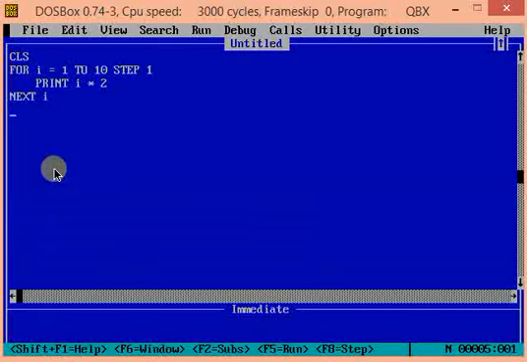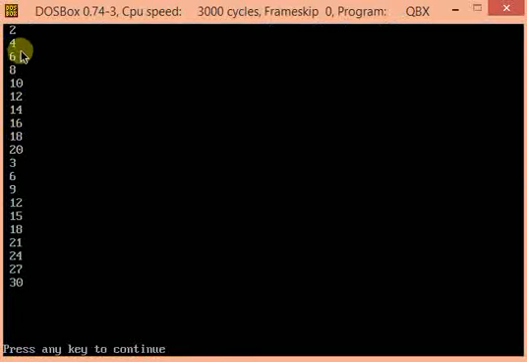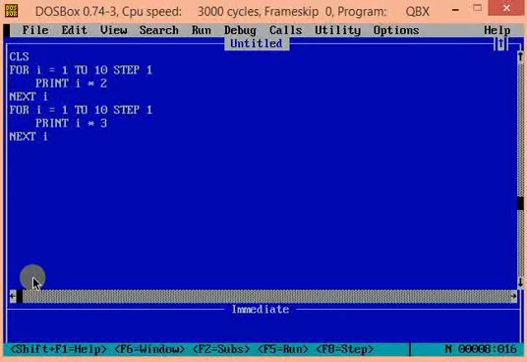Let's say we want to print the multiples of 3. I will just copy these 3 lines and paste them and replace 2 by 3. So now it's first printing the table of 2 and then the table of 3. We can optimize the program some more here. We are already computing the table of 2 by multiplying I by 2. Here itself we can multiply I by 3. Remember, we are not changing the value of I.